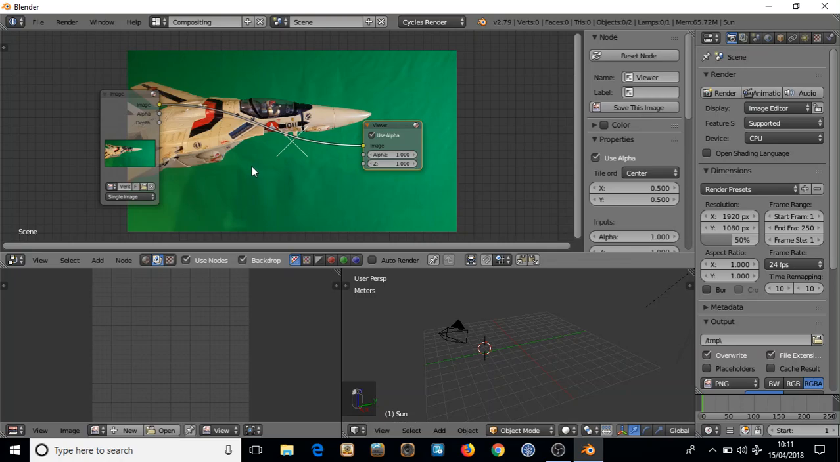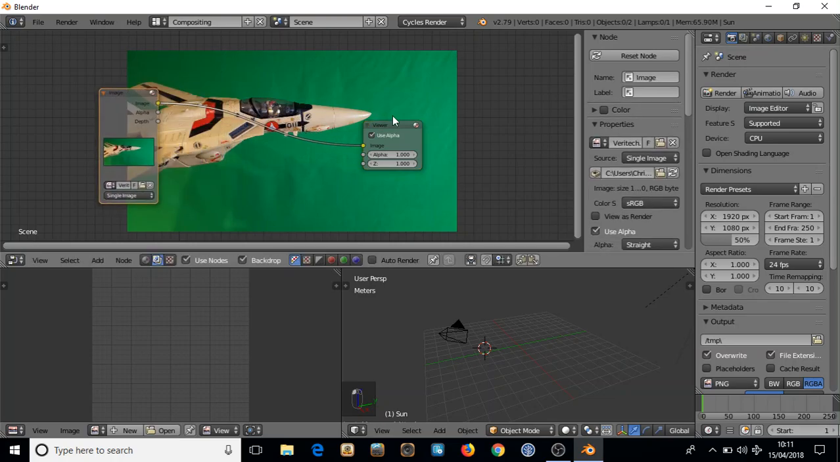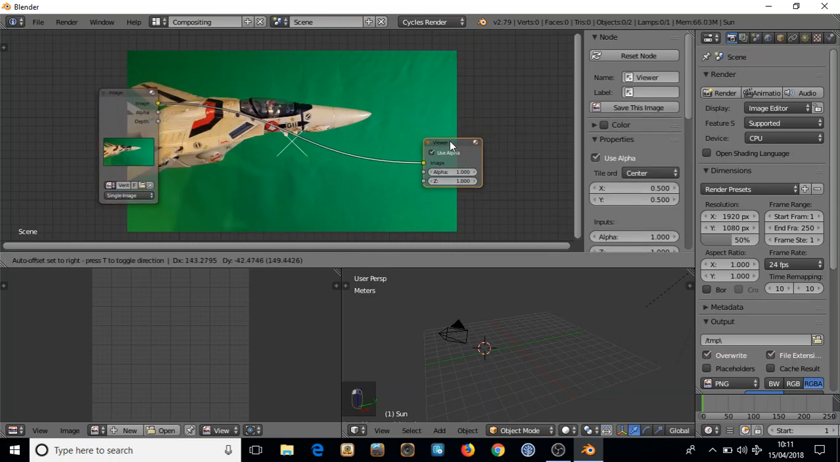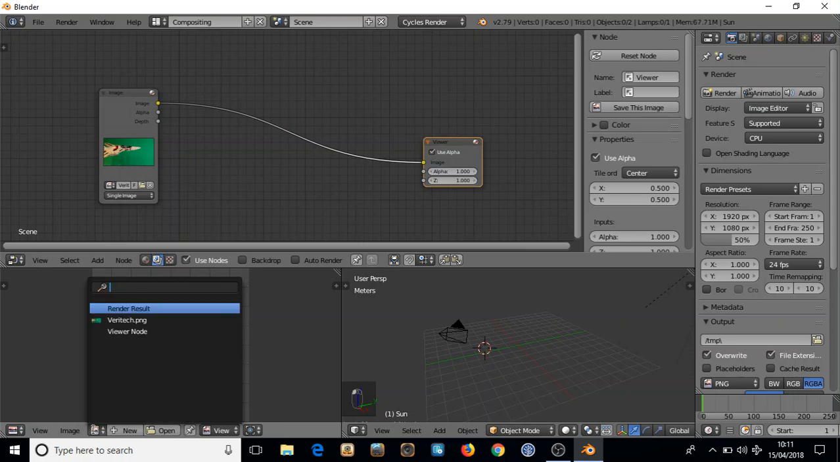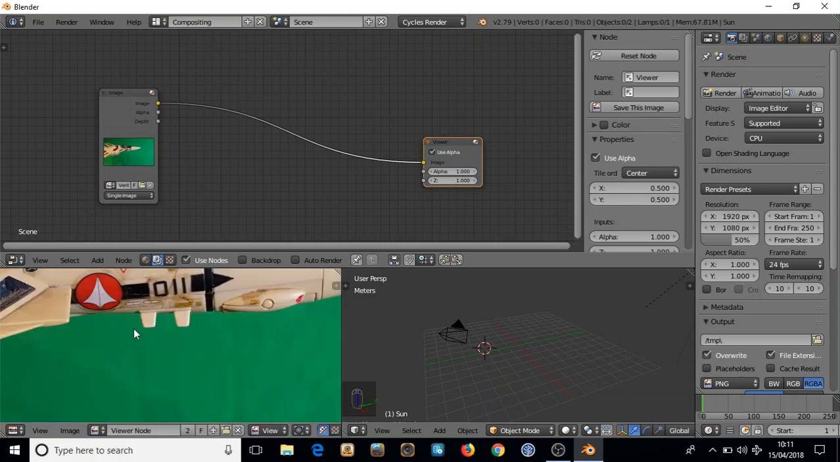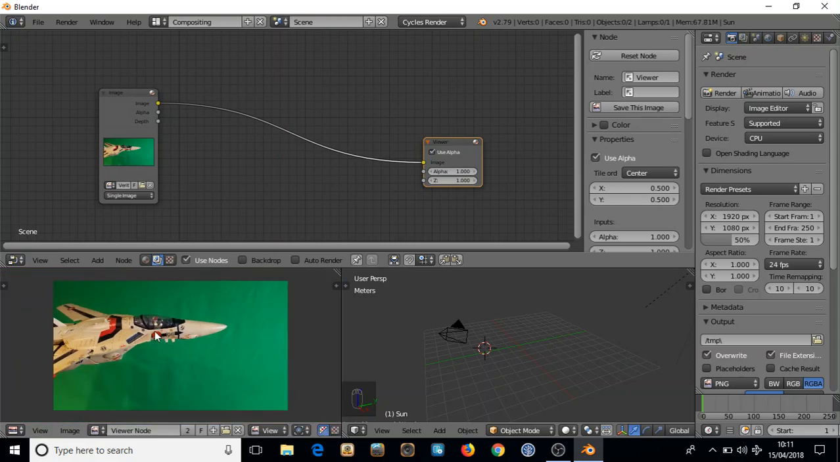I've noticed looking at YouTube videos that a lot of people work this way. I prefer to work another way, because you've got the nodes in the way. I mean, some people just prefer to see it like that. I'm going to uncheck backdrop. It's just one way you can do it if you want to. I'm going to go down here. This is the UV image editor, and click on this icon just here and click on viewer node